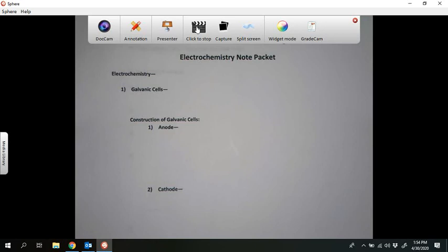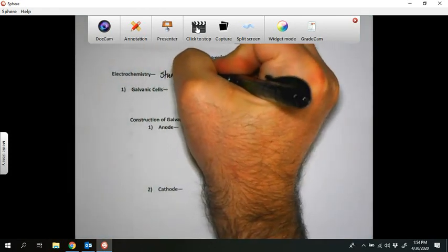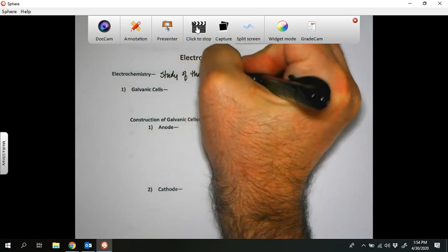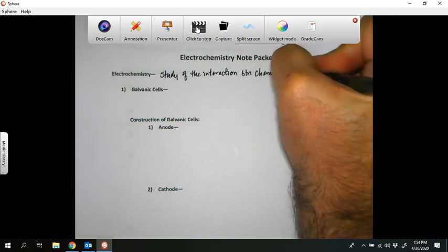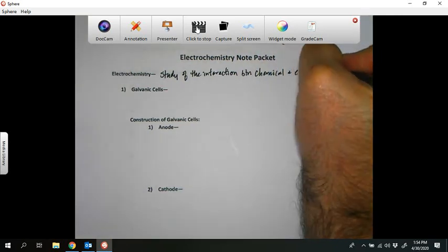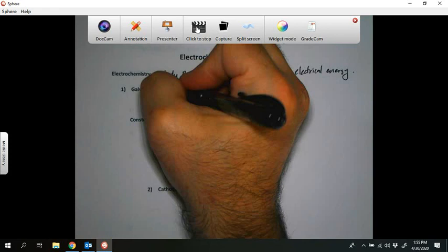So electrochemistry is the study of the interaction between chemical and electrical energy. So we are going to look at how we can take chemical energy and transform it into electrical energy and the reverse. So we're going to divide this up into two main sections, the first being galvanic cells and the second being electrolysis. So with the galvanic cell, this is a device